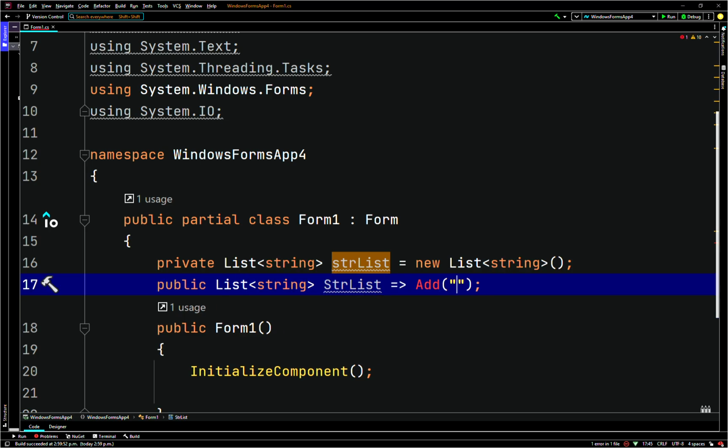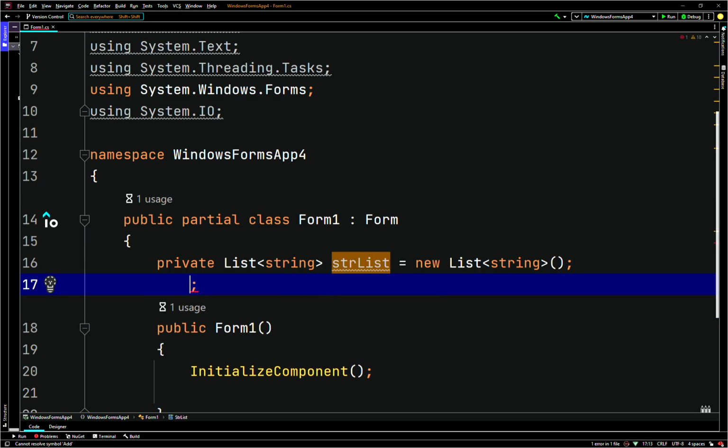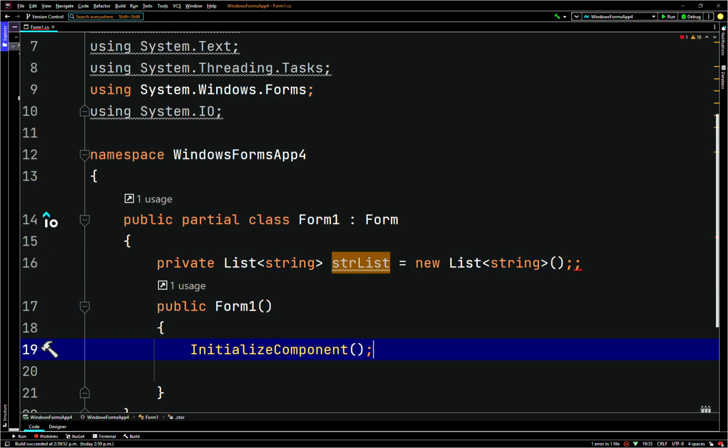Oops, sorry, let's just go str list.add. No, can't add anything there. Let's try the constructor here, so we'll say str list.add. So I guess you can't add elements in the field, so here we'll just go to the constructor. So here we'll say that we want to add, for example, some grapes,